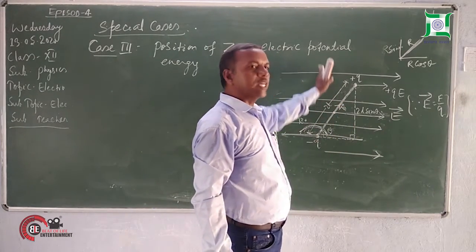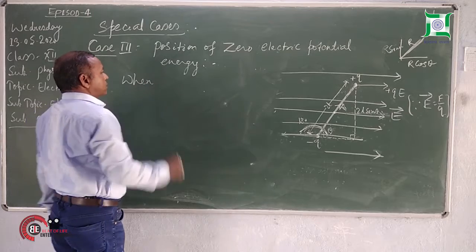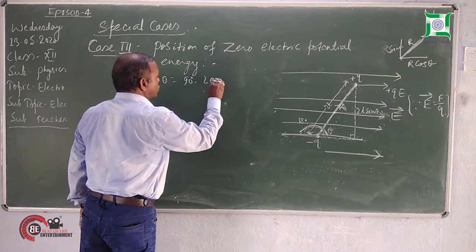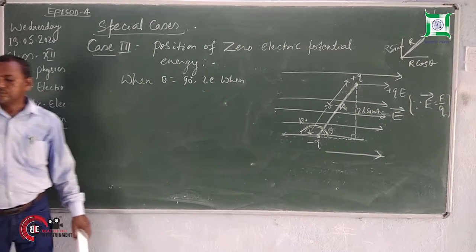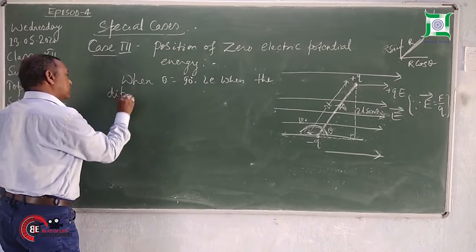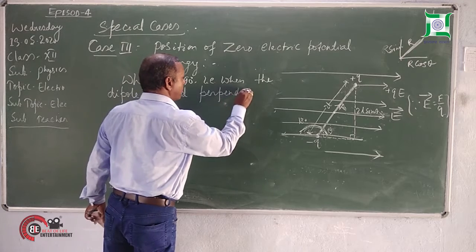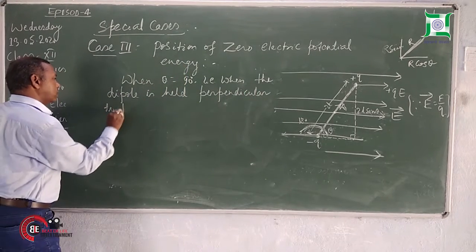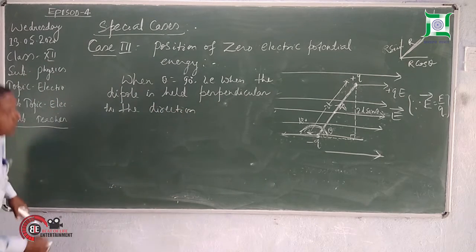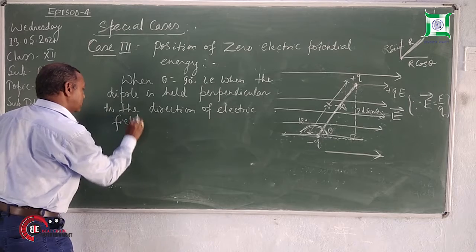That means when the dipole is held perpendicular to the direction of electric field, when theta is equal to 90 degree, that is, when the dipole is held perpendicular to the direction of electric field E,